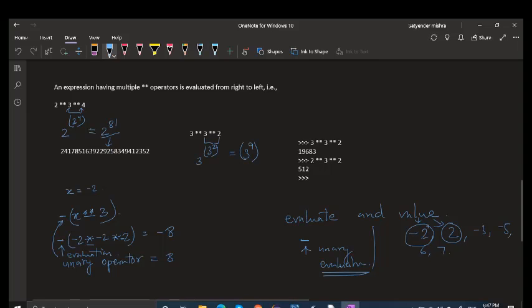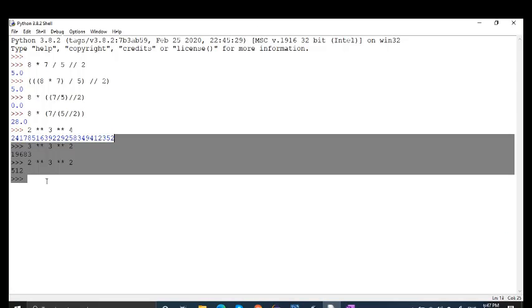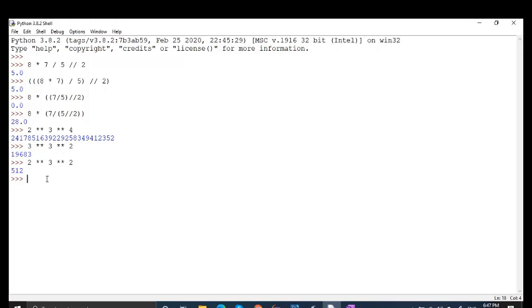So what I'm doing here is writing -2, right, 3. Now you can see that the result is -8. But -2 is not evaluating, meaning the unary operator is not evaluating. But if I write minus, and then I write -2, and then I write 3, now you can see the result. So the unary operator has been evaluated later on, right? I hope now the idea is clear for you people.